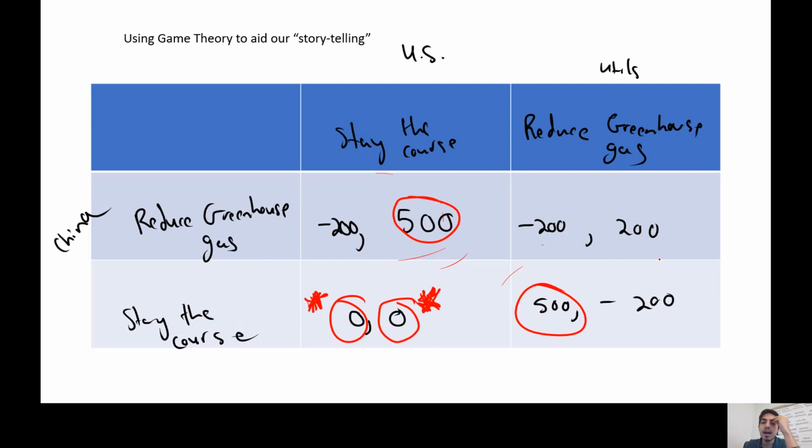And then the second best outcome right here, if they both decide to reduce greenhouse gas emissions, and actually I think this was supposed to be 200. Yeah. So imagine that this is positive 200 to get at this idea that this is the second best outcome for both players, right? Positive 200, positive 200. But they end up at a suboptimal outcome, right? The third best outcome for them, or the second worst outcome for both, right? 0, 0. And this is called the prisoner's dilemma, right?